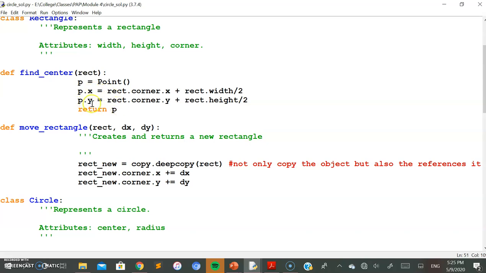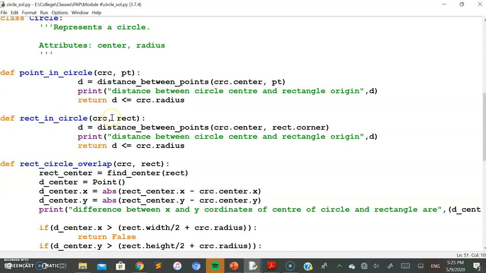So p dot y is rectangle corner y plus rectangle height divided by 2. As a result, you need to return this point, which is the center of the rectangle here.